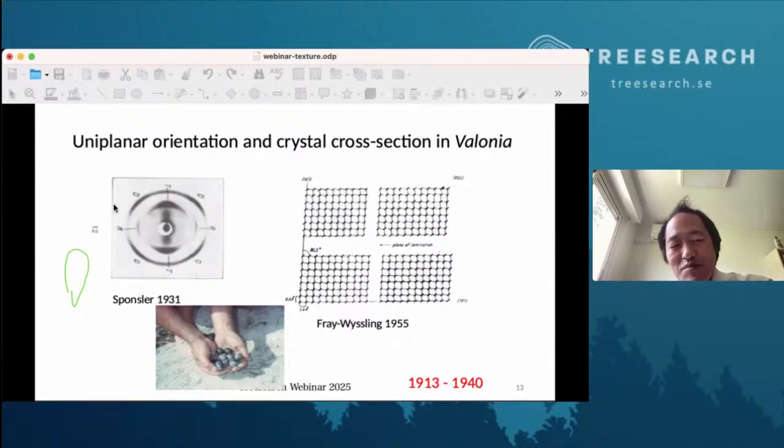And this is the pattern that can be obtained from the Valonia cell wall. And this is directly related to the drawing here, that we have an image of the cellulose microfibril for a very long time, which is just based on this kind of pattern, which is very simple, but you will see that,